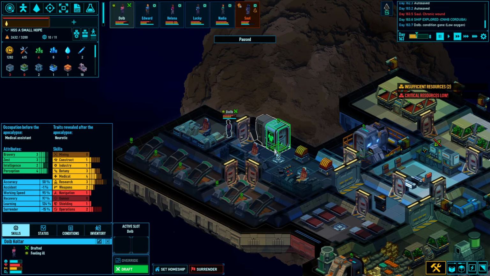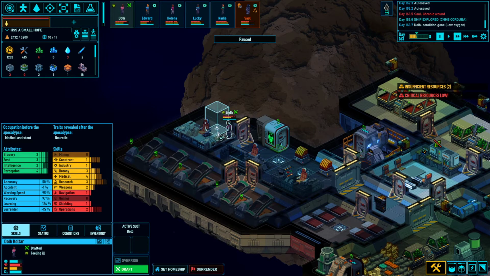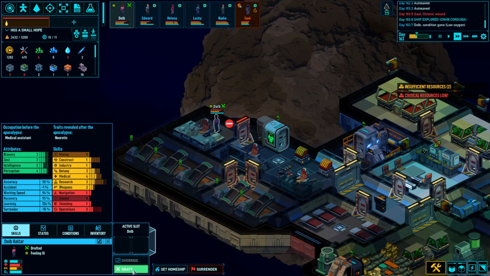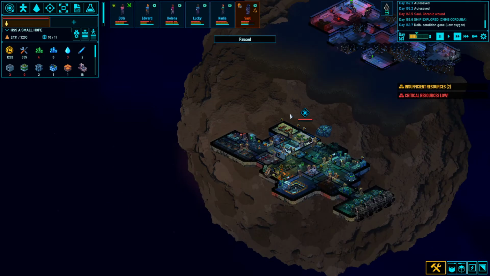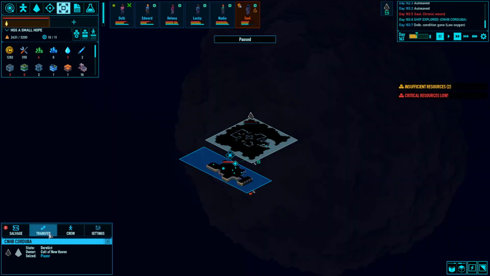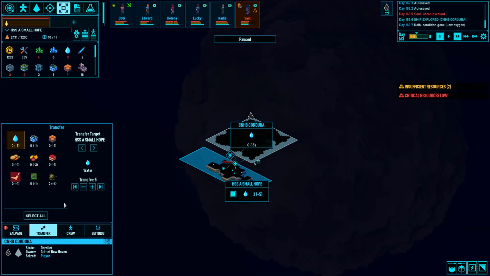Or we put him in a spacesuit? He's going to be very uncomfortable if we put him in a spacesuit. I'm just going to lock the door to the lab and leave him there for a while. Okay. So the next time we have guys on board here to salvage...